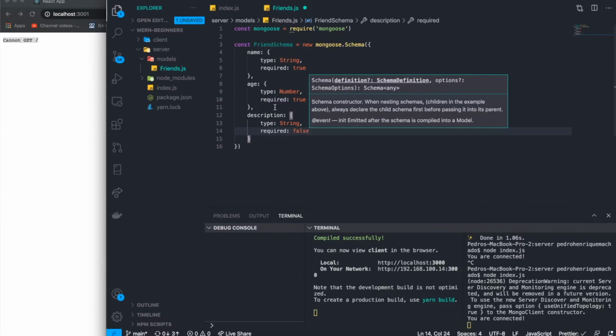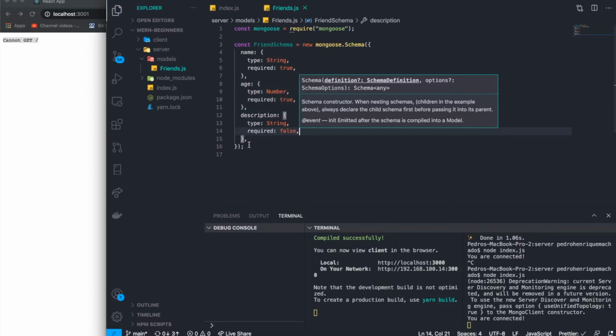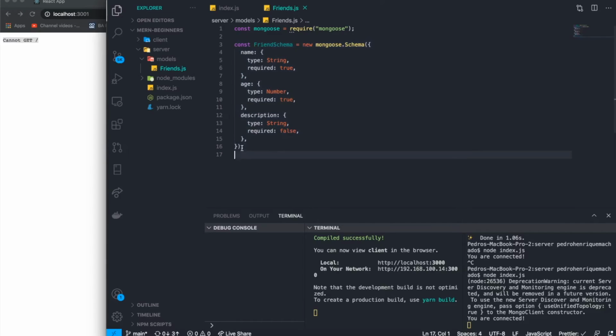Okay, so this is our schema, this is our collection, this is what we want, right? We're creating a schema in our database. So then what we need to do now is create the access to our collection. So we're grabbing our collection, our table, and we're going to call it friend model. So this is the name of our collection, our model, and we're going to set it equal to